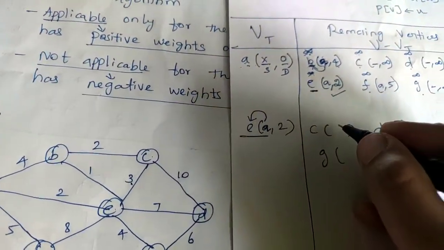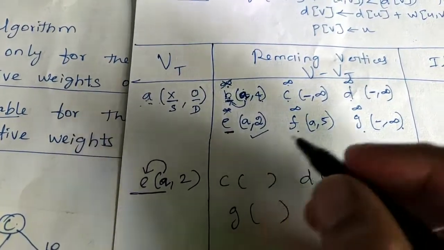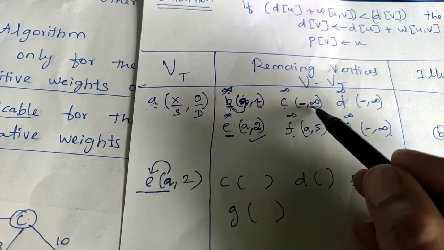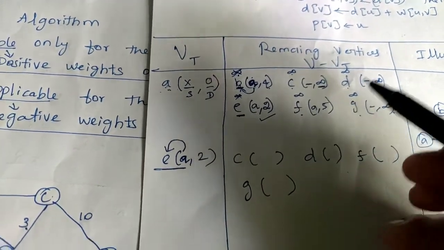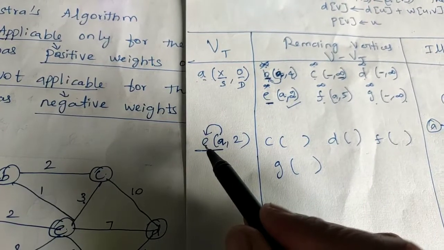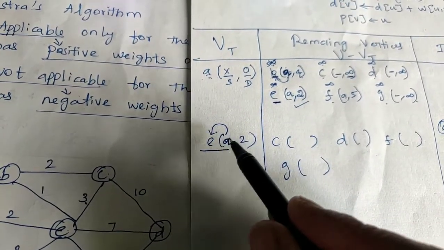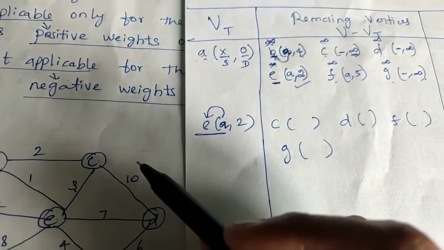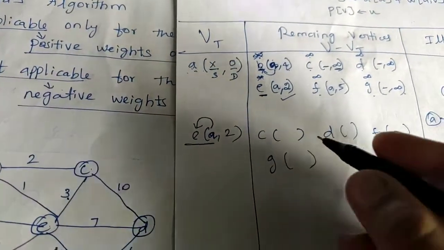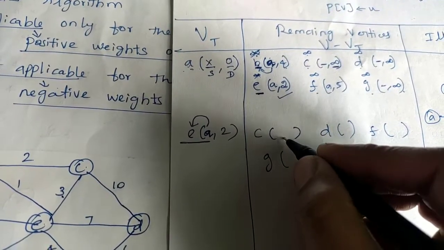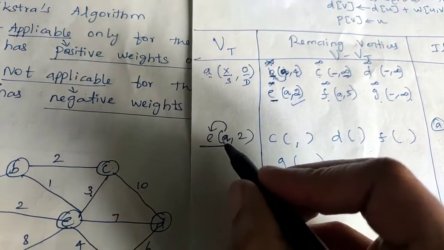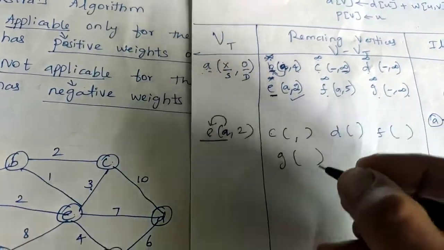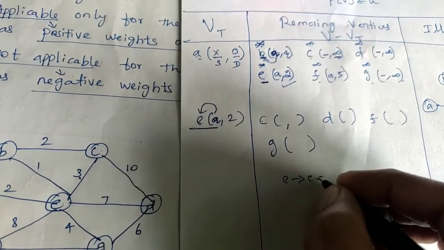Now see, what is the existing distance of the vertex C in the previous step? Existing distance of the vertex C is infinity. Now, trying to visit the vertex C from E. So, E to C, I have an edge with a weight 3. So, before writing a distance for the vertex C, what is the weight value I have from E to C? I have E to C, I have 3.